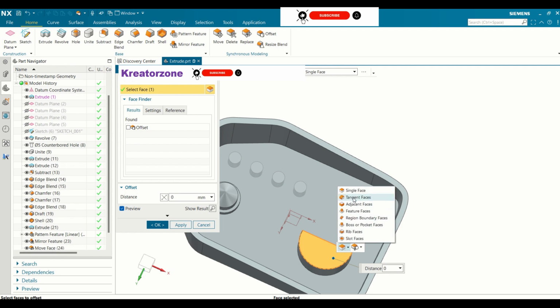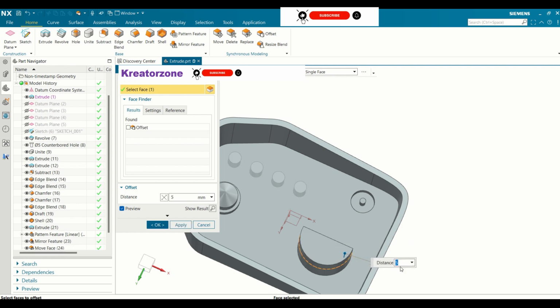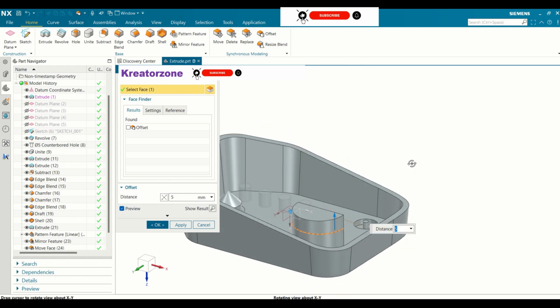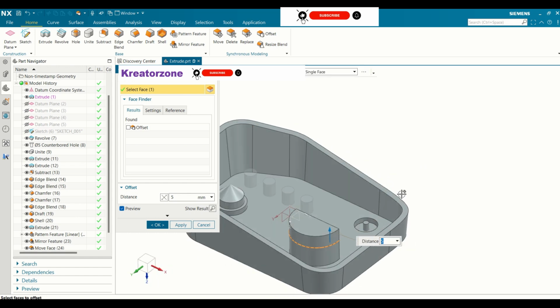You have single face, tangent face, adjacent faces, feature face, region boundary faces, boss or pocket, rib faces or slot faces. Let us start with the single face. I'm going to offset it by 5 mm, and as you can see, similar to move, you have offset of 5 mm,